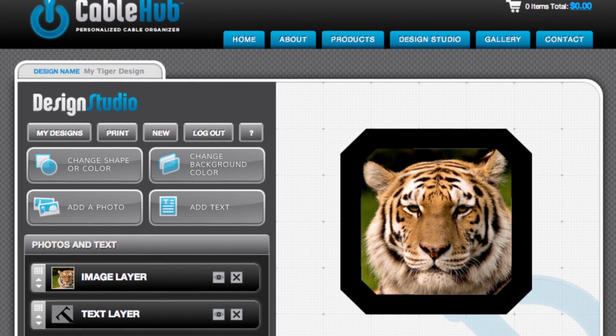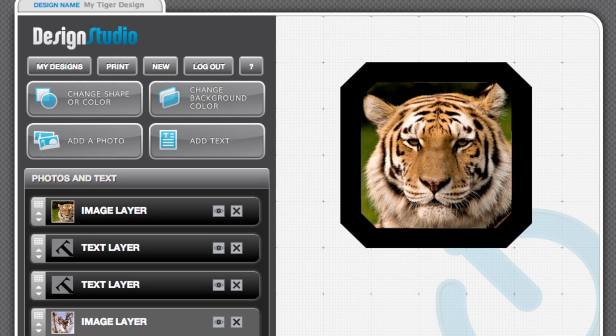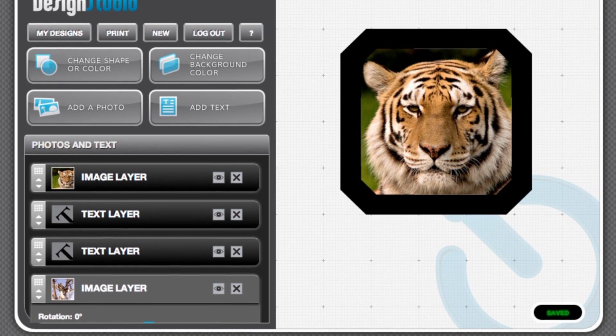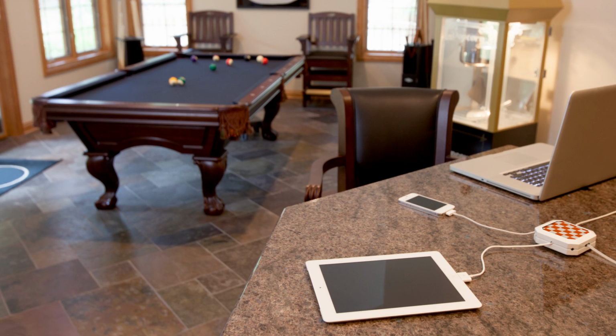Use our free online design studio to personalize your CableHub. It's as easy as 1, 2, 3. Upload, personalize, and print. Practical cable management for your boat, game room,